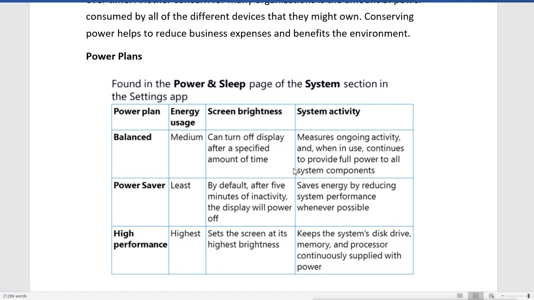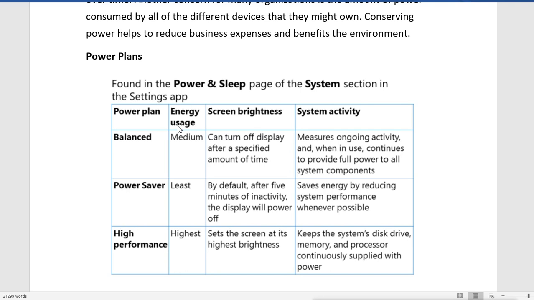Now you can do it by using the power and sleep settings from the system, which is available in the settings app, and you can choose the proper power plan. You have these different power plans by default. First, balanced. Its energy use is medium.